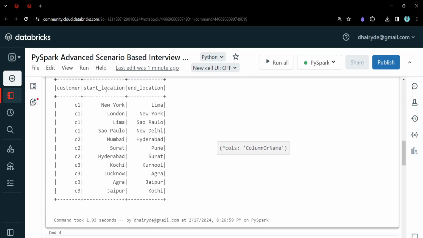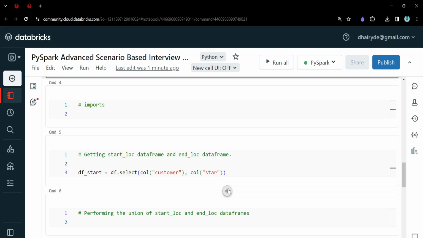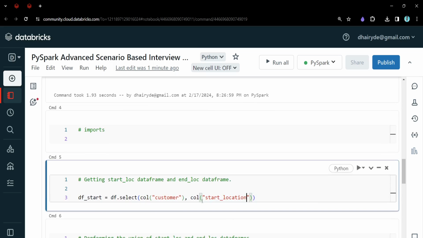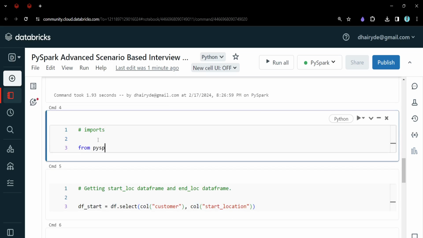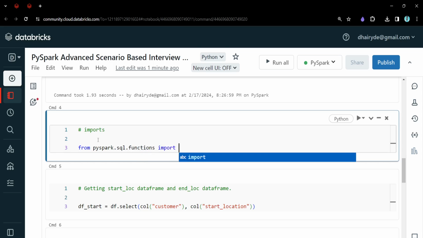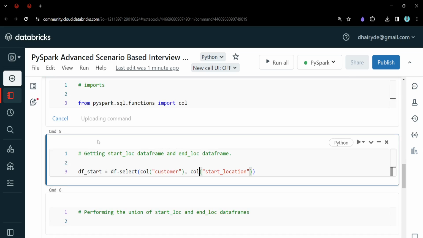What was the column name? Start location, right? So let me print this. And since we are using col over here, we need to import that. So from pyspark.sql.functions import col, right? Let me run this,